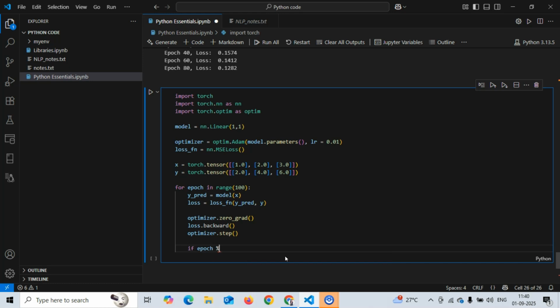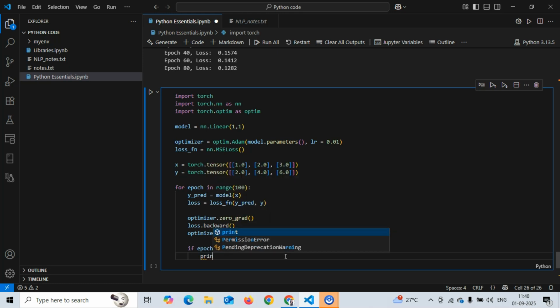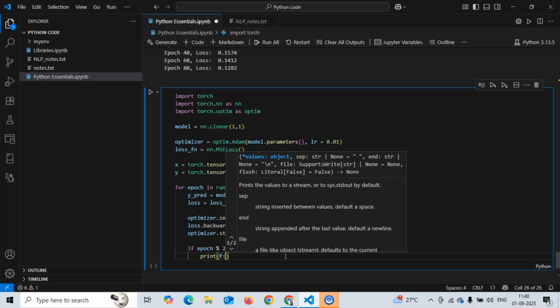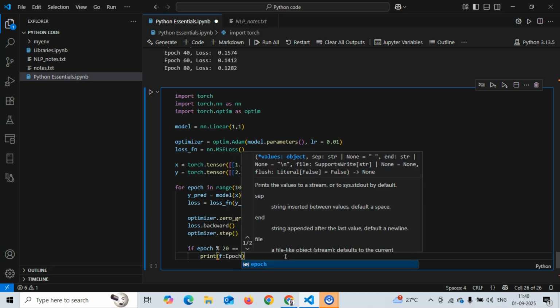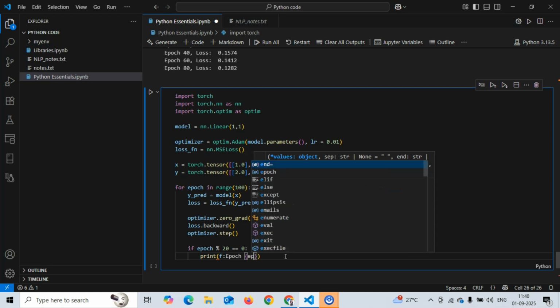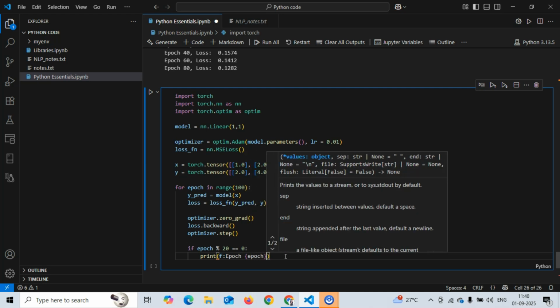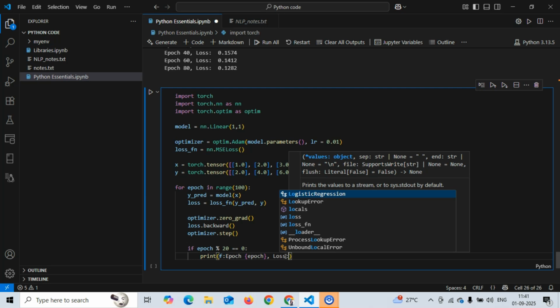So epoch divided by 20 is equal to 0. Sorry. Yep, perfect. Now we will be printing those values. So print epoch, and then we have the loss calculated.